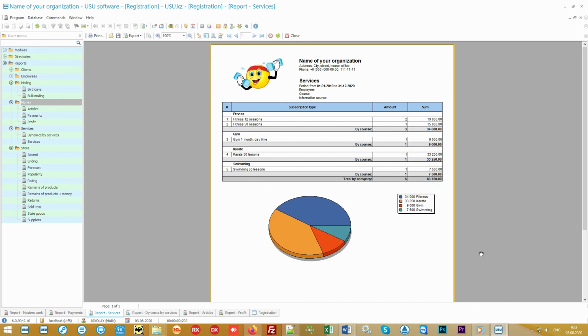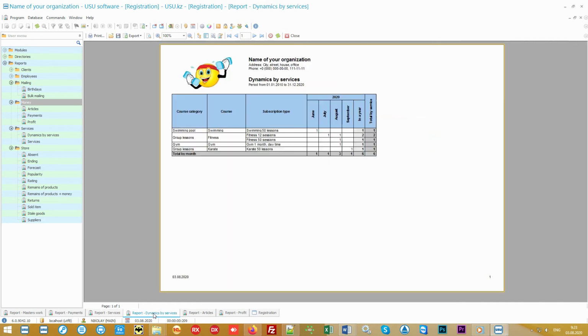If you bought special equipment or hired additional workers to provide a certain group of services, you will easily understand how much your investment pays off. Moreover, you will even get the opportunity to control the development of any area of your activity. In each direction, dynamics in time will be presented for you.